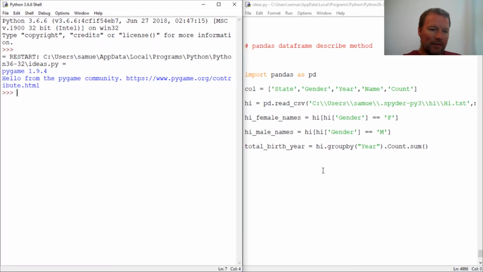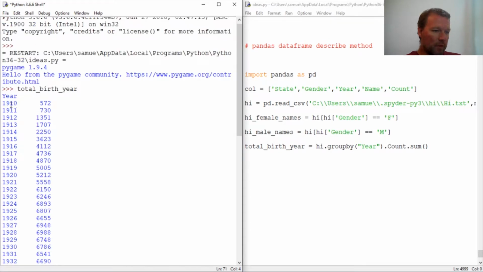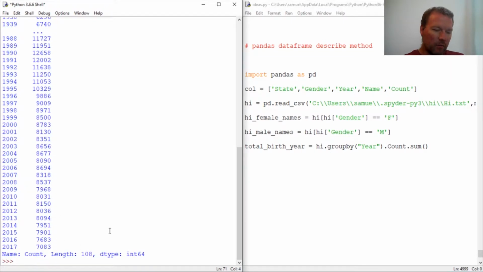So we need to look at the describe method. We have now this data frame, total birth year. Probably should have changed that to per year, but that is what it is. So it groups by the year and then counts and totals each of the births and counts them up for us, which is absolutely awesome. Runs a sum